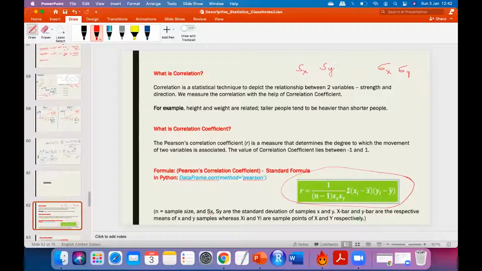What is the difference in these two? No difference. Usually, the s convention is used for samples, but you can still use both, given that you define which one you are telling. You can use sigma or s, any of these two. So don't get confused when you see this formula. If those formulas are combined, you will get this formula. This looks complex, but it is the same formula.